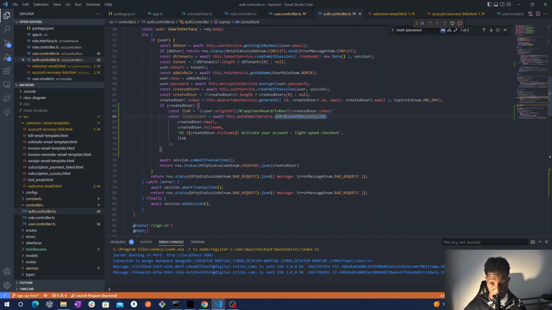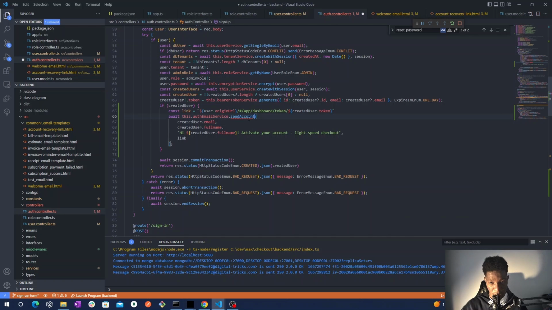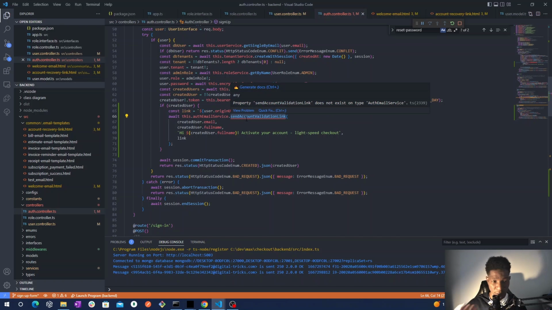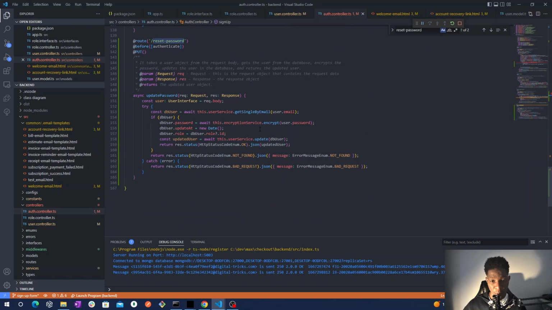We use this token, and now that we have our token, we say that we send account validation link, and here I'll say that we want validation link, and we use the email, the full name, and we will go back